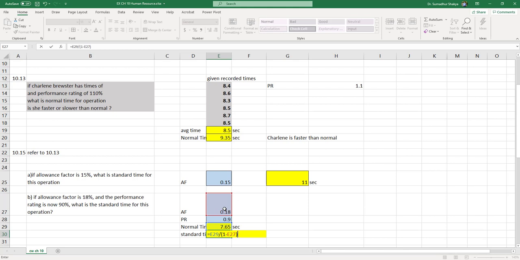So we are allowing for a lot more relaxed policy-wise. So we are talking about 9.3 seconds and so on. Okay, so